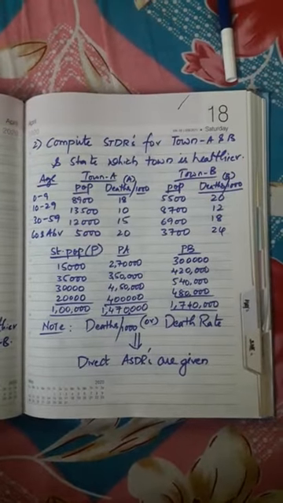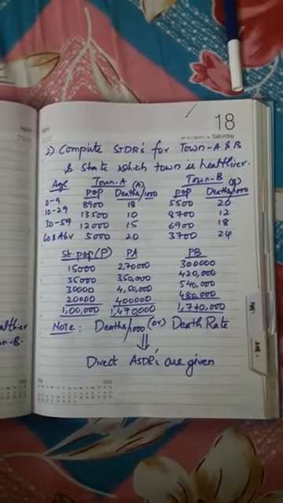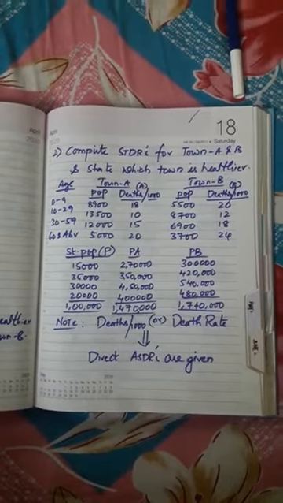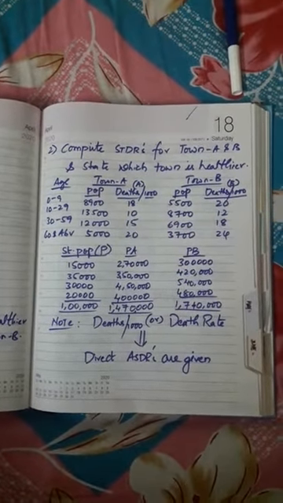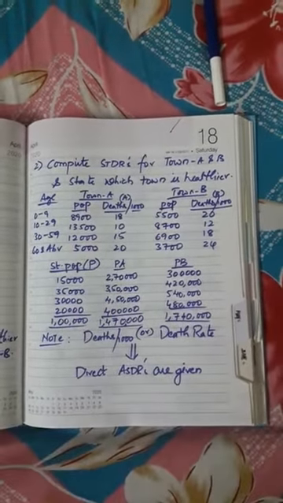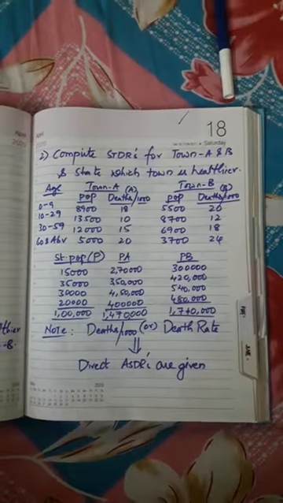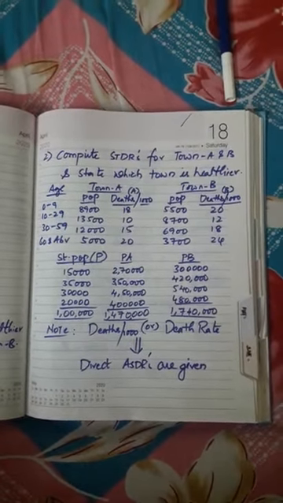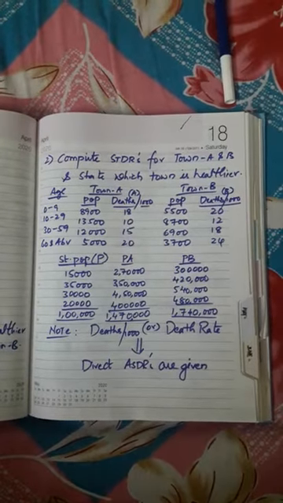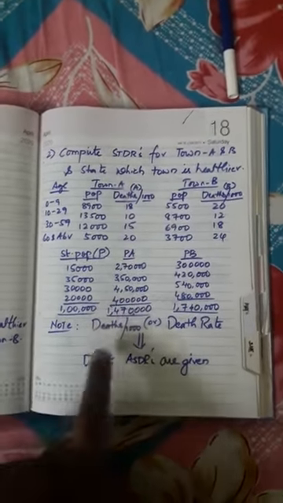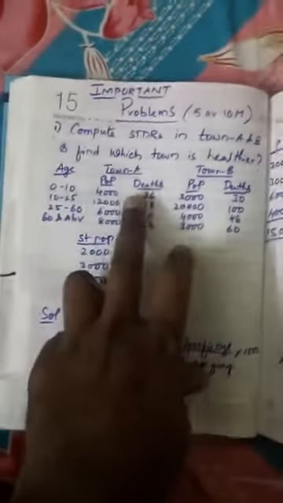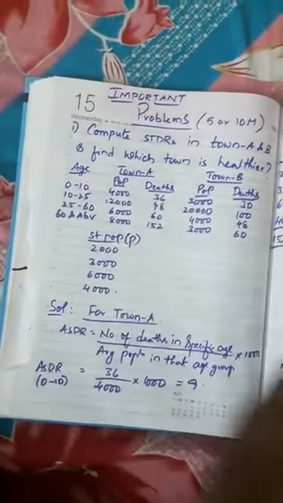So this is problem number 2. Before explaining this question, I want to show you one small note. For finding STDR, we require ASDRs, the age specific death rates, right? But sometimes in the question, ASDRs will be given directly. In what way will it be given? Just look here. In the previous question, only deaths were given.